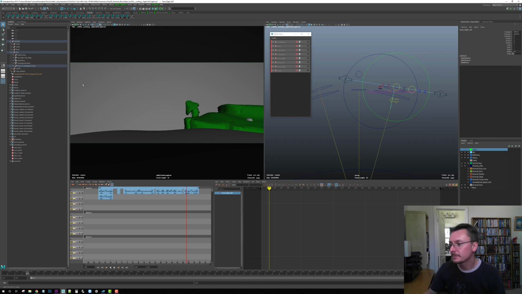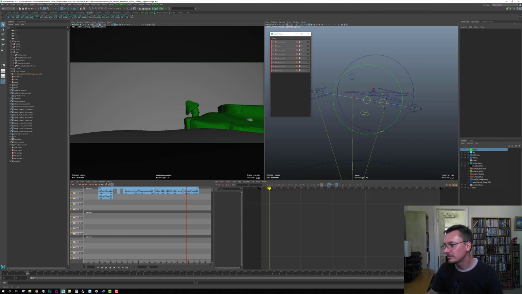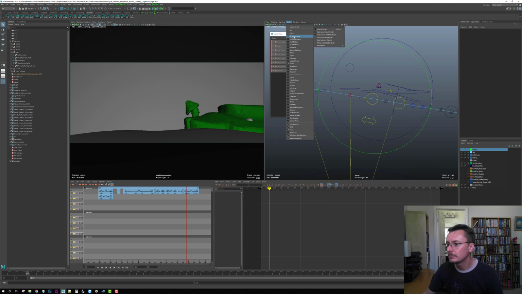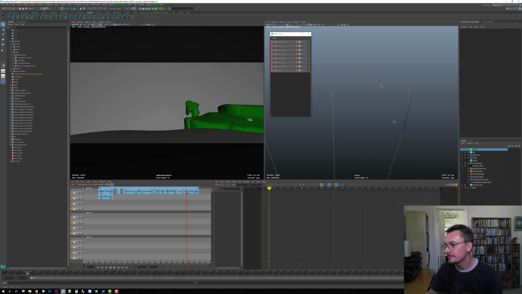And that's it then. Because this scene doesn't have any movement, I'm not going to bother to do that. I'm going to just leave it as is and show you the rest of the scene. Okay, so now if you turn on locators, you're going to see these volumes, these big spheres,